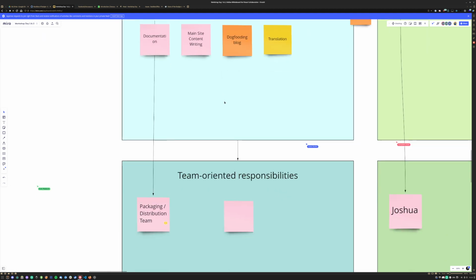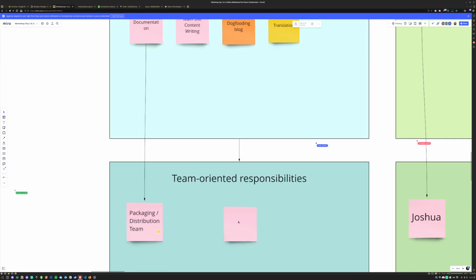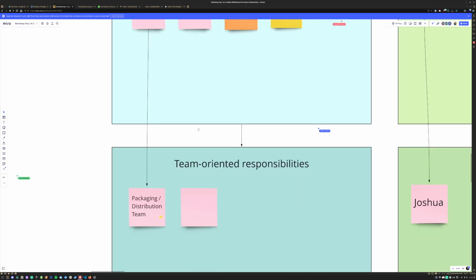I think we should keep that separated, because packaging is a responsibility that can be for people that don't directly contribute to the Budgie code base. Sure. So okay,